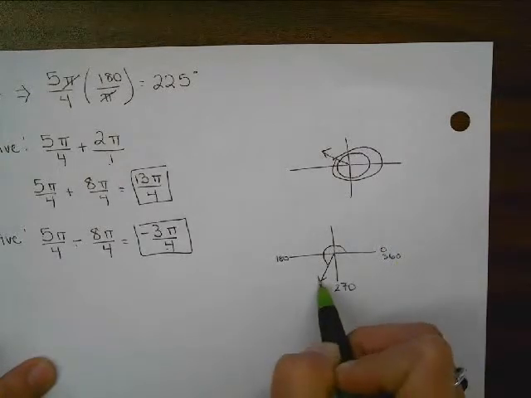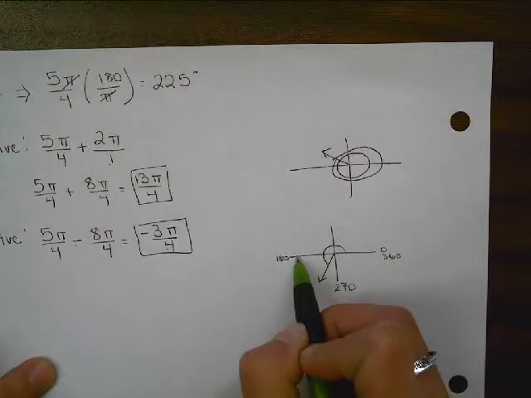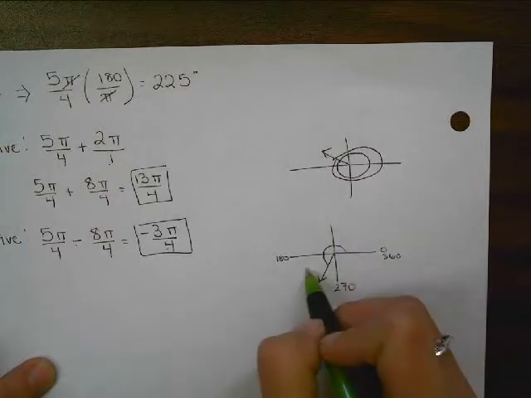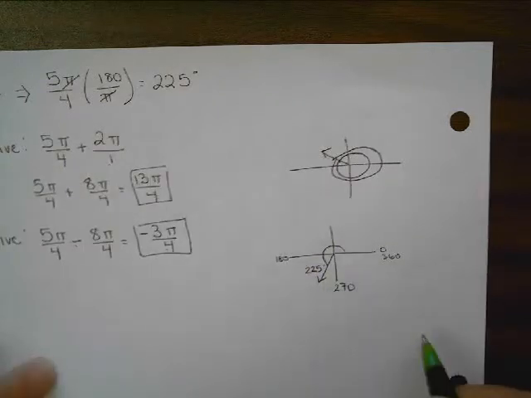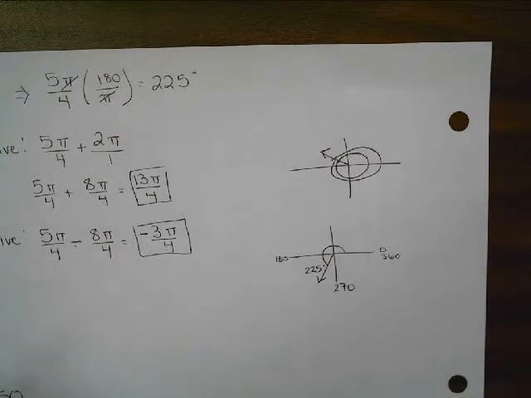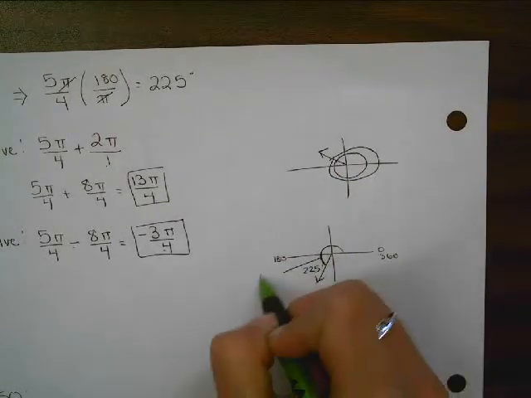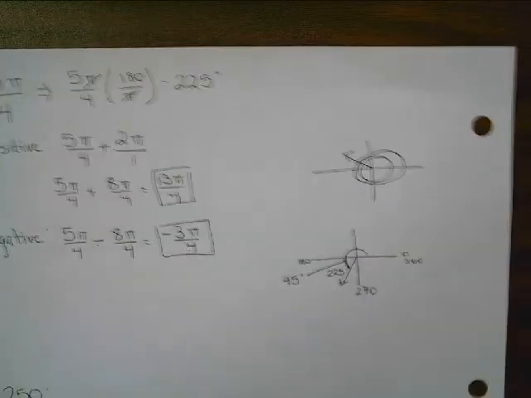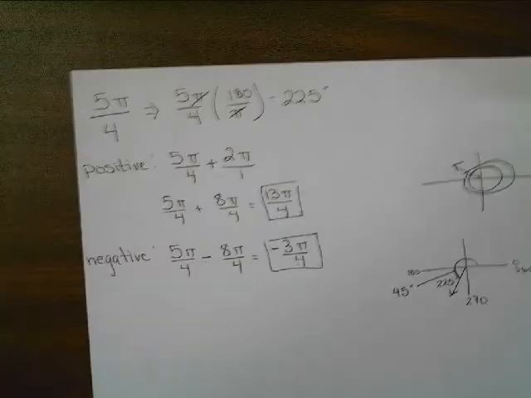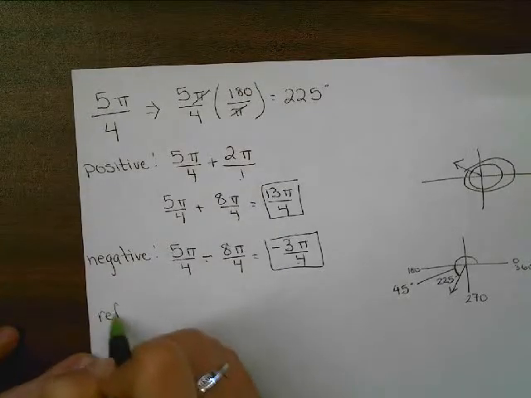This angle over here, the closest x-axis, is going to be 180 degrees here. So if I'm already at 225, I have to do 225 minus 180, and that's going to tell me that this extra angle right here is 45 degrees. So my reference angle